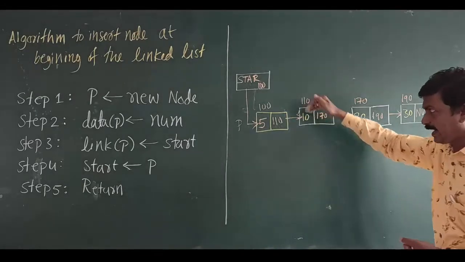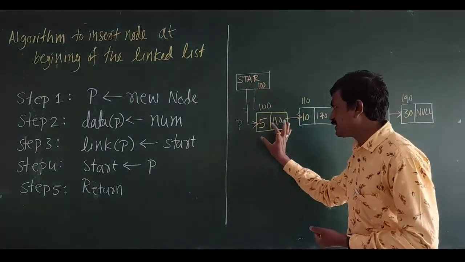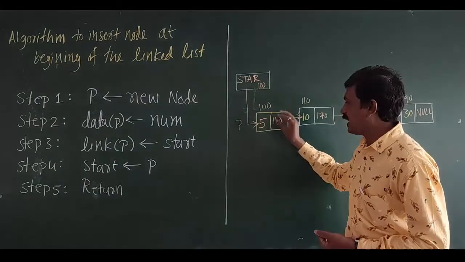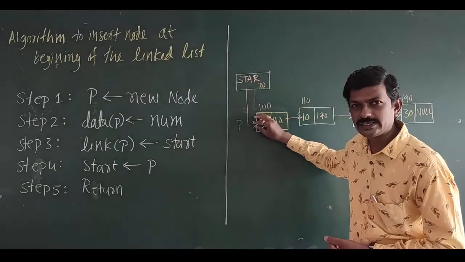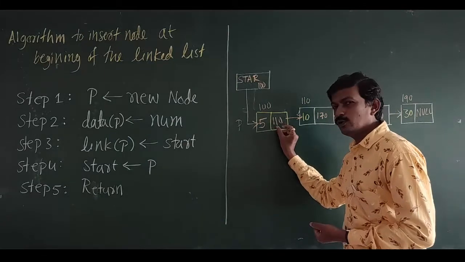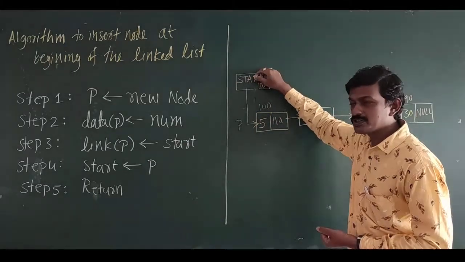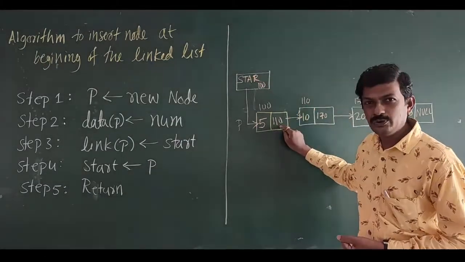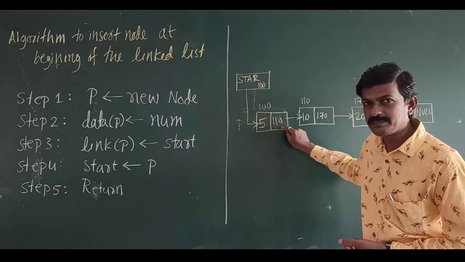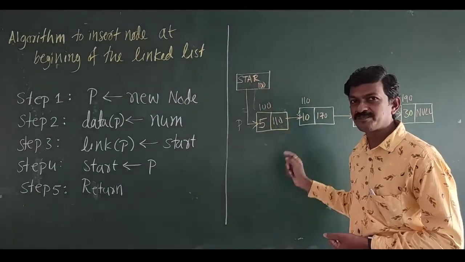In such a linked list, I want to insert a new node. I created a new node. I add a value to the data part, and at the link part, I store the content of the start pointer. After that